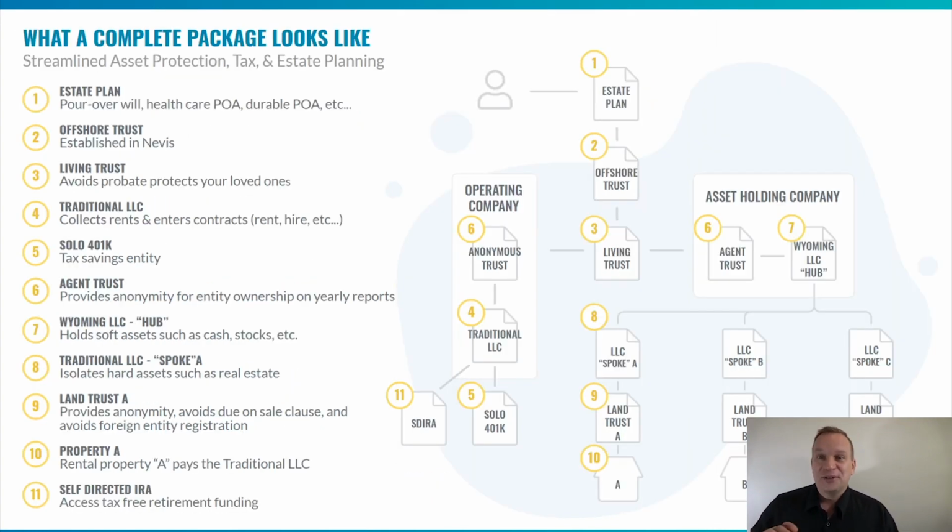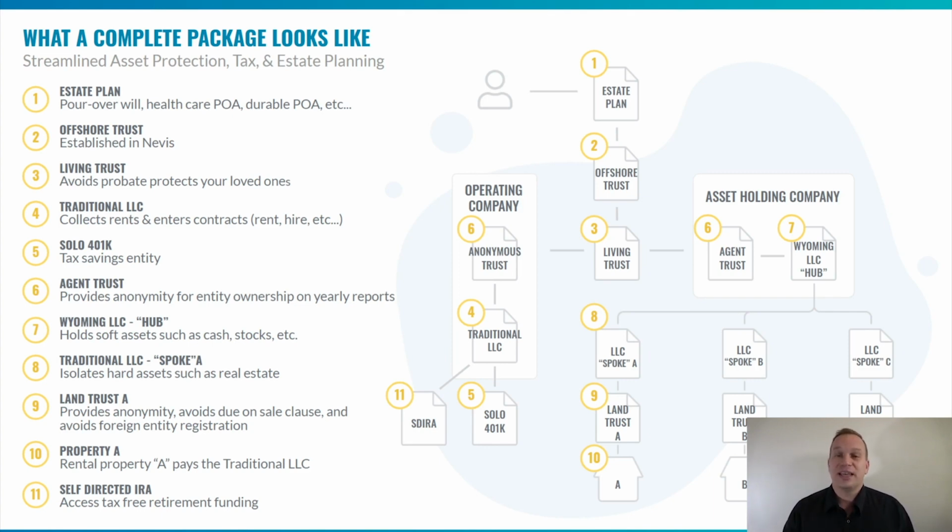And just to blow your mind a little bit more about how much more expansive these strategies can get, everything in today's presentation is everything on the right-hand side of the screen, regarding the asset holding company. There you can see the agent trust, the Wyoming LLC hub that's typically used here, as well as the individual LLC spokes, land trust, etc. You can also see how that attaches to a living trust as part of your estate planning underneath item 3 here. You might also notice on the left-hand side something we didn't cover today that you should stay tuned for in an upcoming presentation,